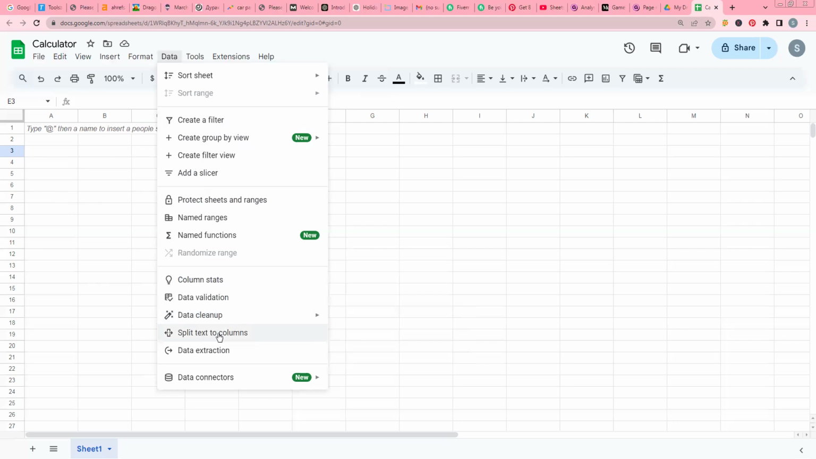Split text to columns. For example, you have some text and you want to split it into columns. You can also extract data from some websites, etc. You can also connect some data to BigQuery, for example, connect to Looker Studio, etc. So